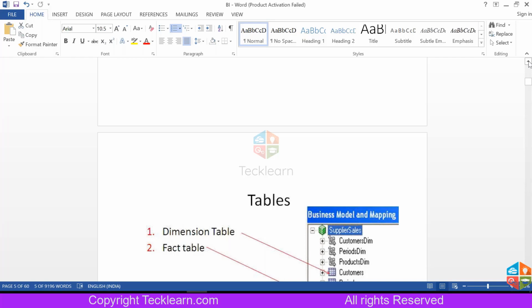Then what about the fact table? A fact table is nothing but when you have at least one measure to aggregate the data, we can call it a fact table. Or we have multiple ways of saying this. Technically, from the database perspective, this is just a simple understanding definition.